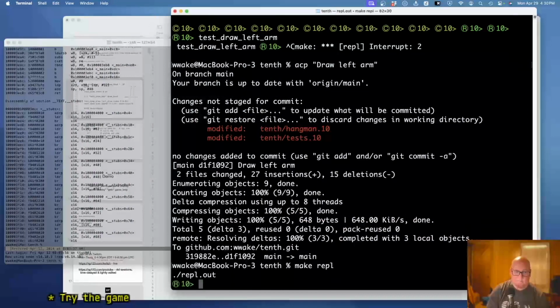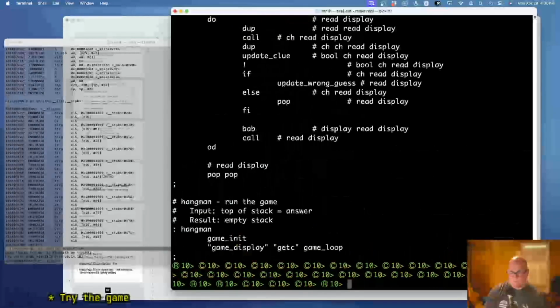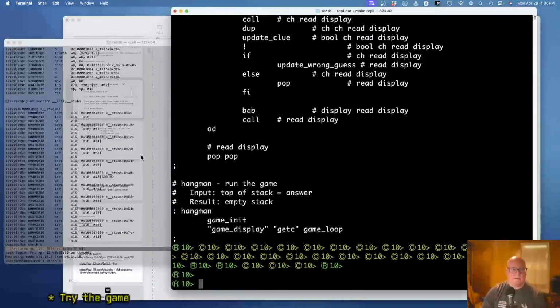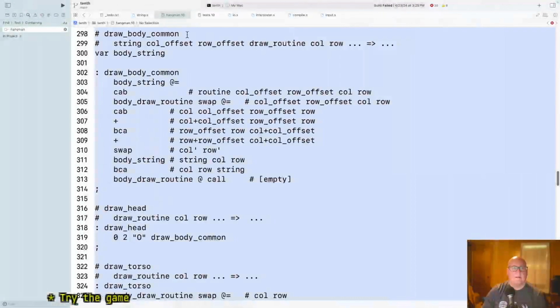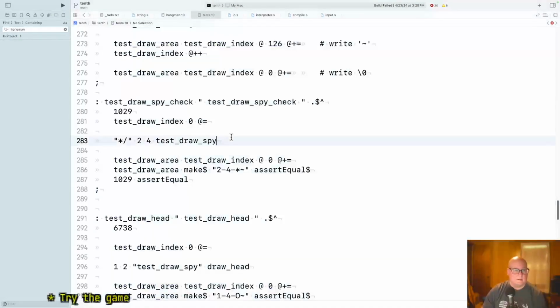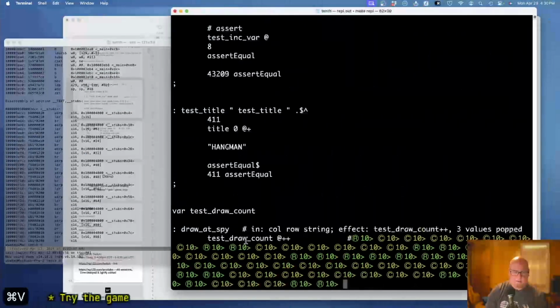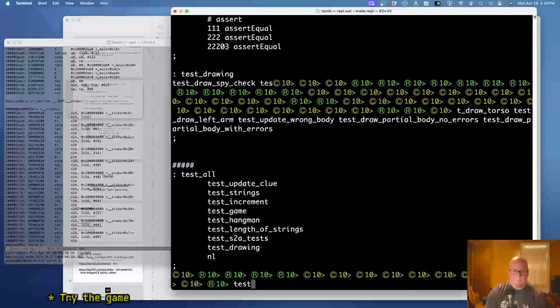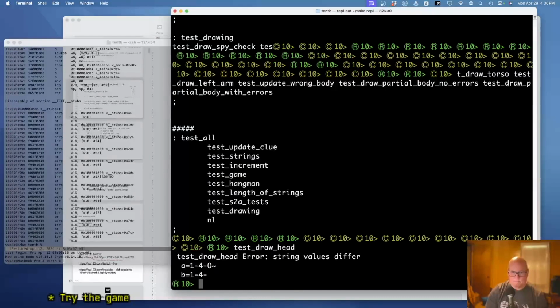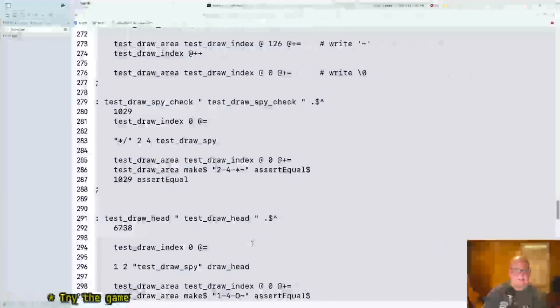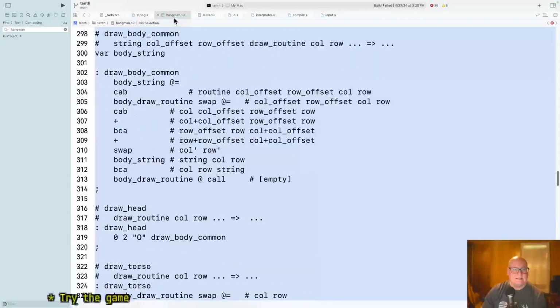Okay. And now I want to test draw head. Okay. Well, let's